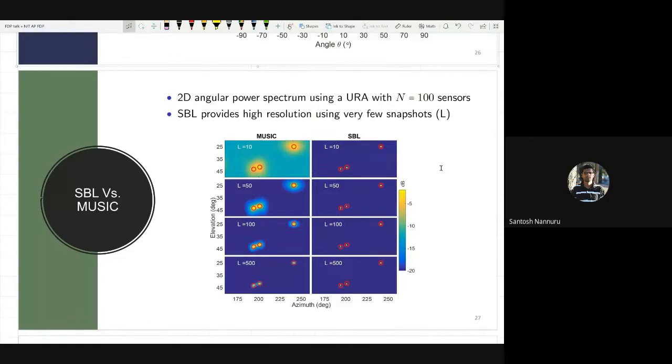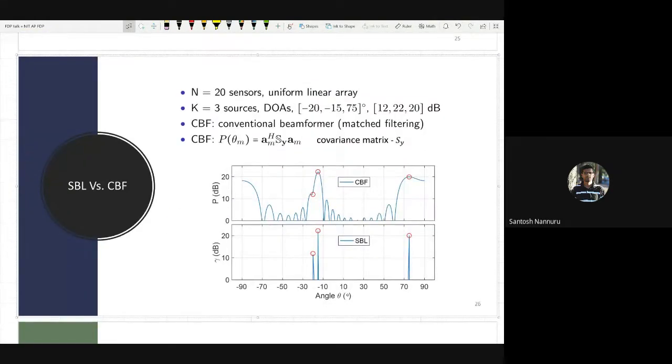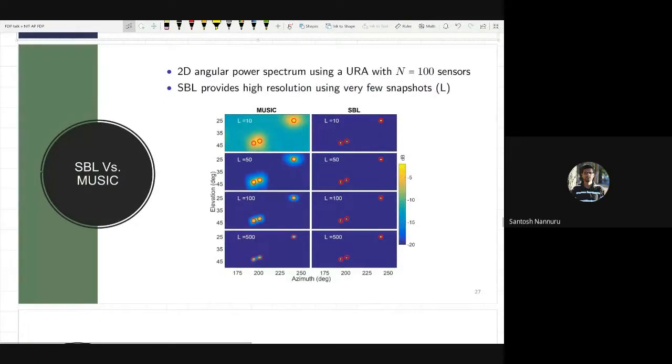Okay, again there are three sources indicated by red circles, and yellow is actually a high value, so it indicates the source has been identified, and blue is a low value. So because it's 2D, I need to plot them as images. Earlier it was 1D direction estimation, so I could plot them as an X versus Y thing, but here I need to use images to plot power spectrums because you're finding the power spectrum for every azimuth, elevation pair